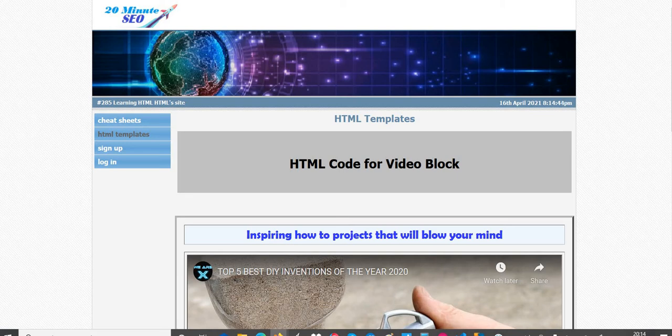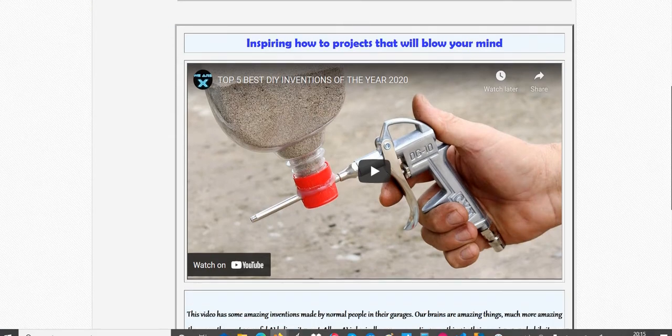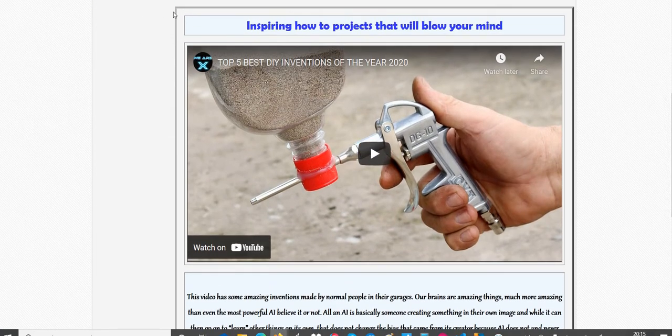So 20minuteseo.com/HTML/. If you go there, you're going to be on this page that I'm on right here. And the tab that I'm on is HTML templates. So what we're going to do is show you how to make, starting from this right here,